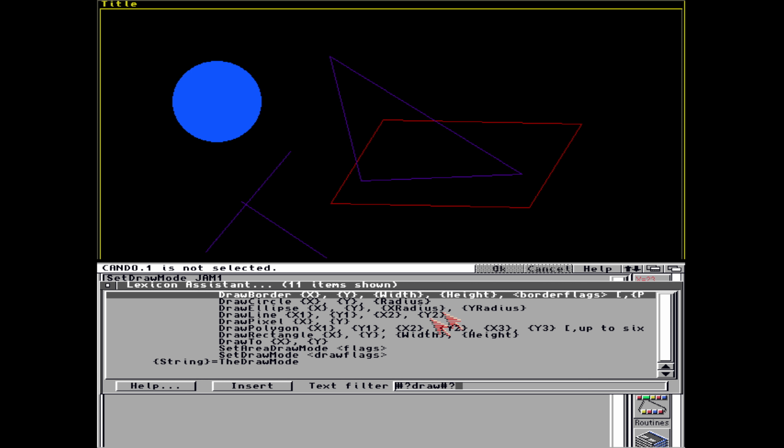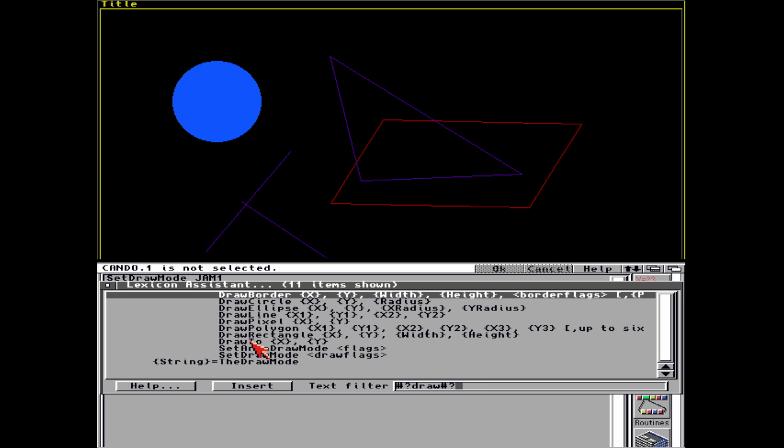So I can draw border, draw a circle, draw an ellipse, draw a line, draw polygon, that's what we've already used, up to 6 sides, draw a rectangle,